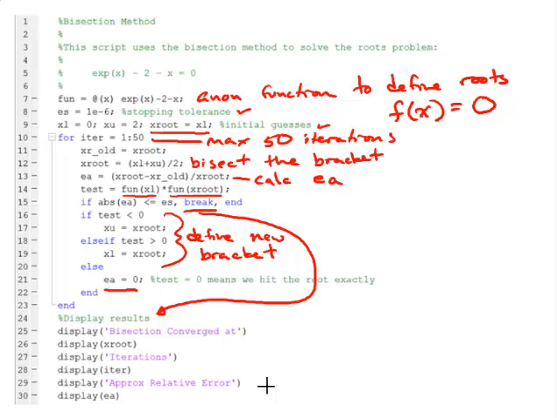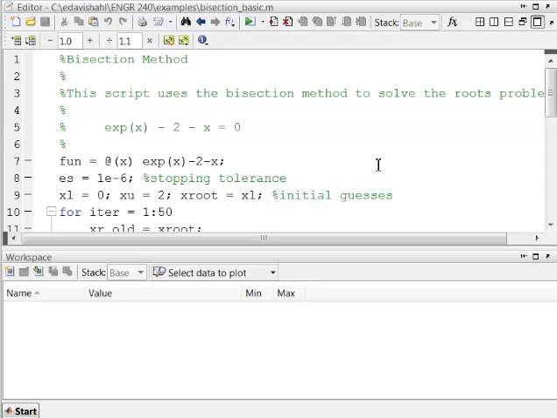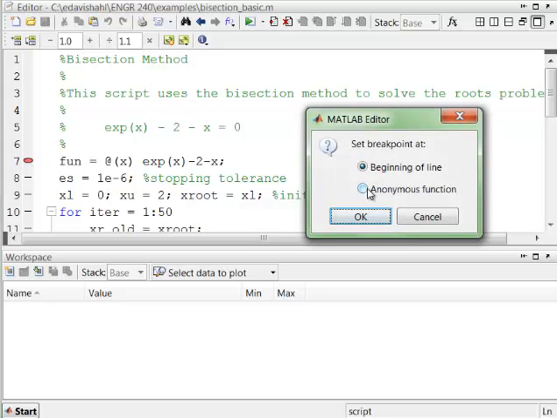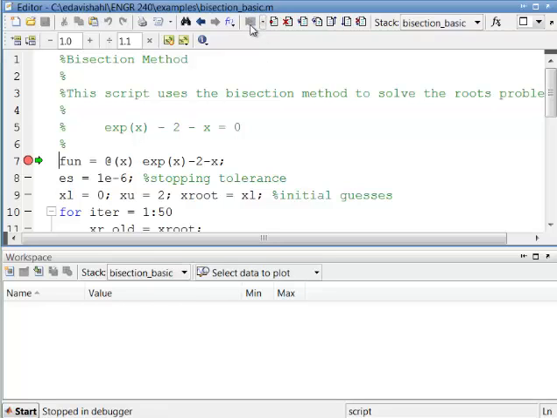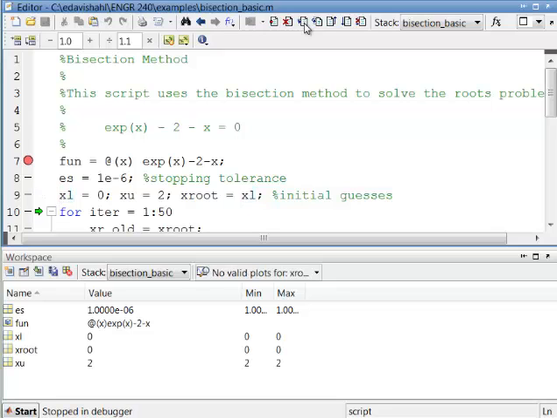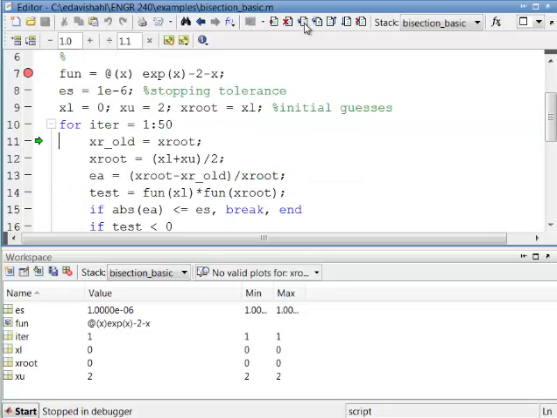So let's go over to Matlab and we will test this out. Okay, so here we are in Matlab, and what I'm going to do is use the debugger to watch what happens in the workspace as this bisection method mfile runs. So I'll set a breakpoint here, and we will run the method. And as I step through, we see that we've defined the function, the other variable definitions, stopping criterion, and initial guesses, and here we'll enter the for loop